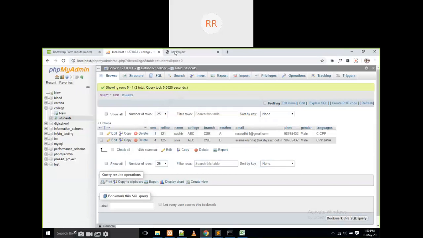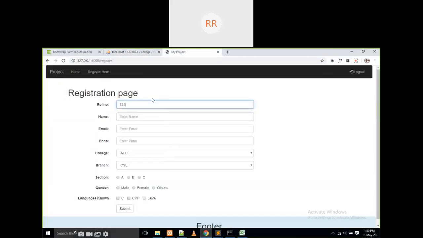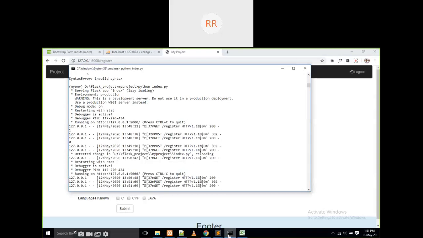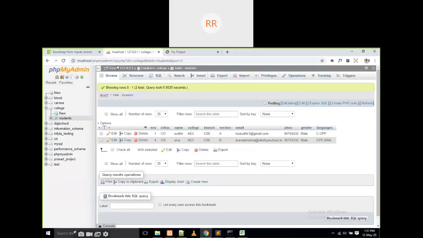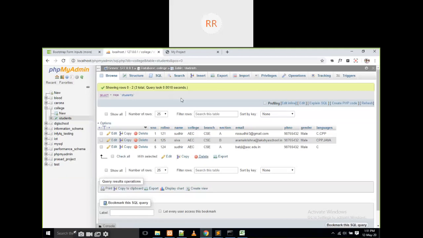As 125 is already inserted, that's why I'm going for 124. If you observe here, the data is going to be inserted without any errors. Yes, 124 is inserted.